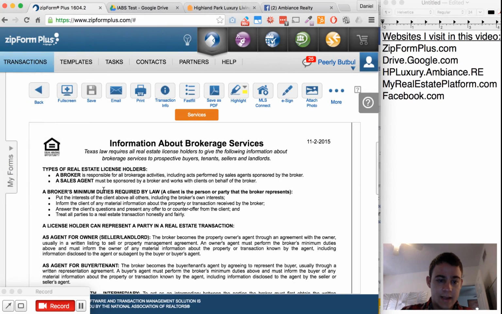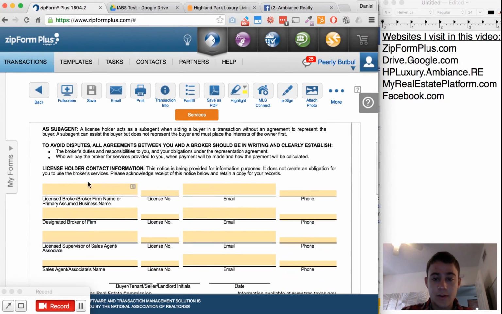In the information about brokerage services, no field can be left unfilled. So we need to fill in all this information. The first three fields will be filled in with Ambiance Realty's information, and the last one with your information. So I'm going to go ahead and put in Ambiance Realty Inc. as the brokerage,